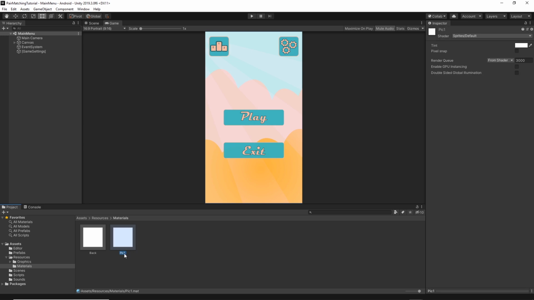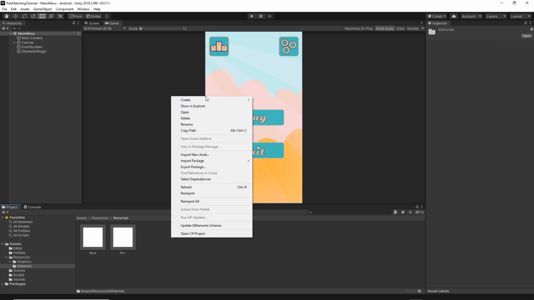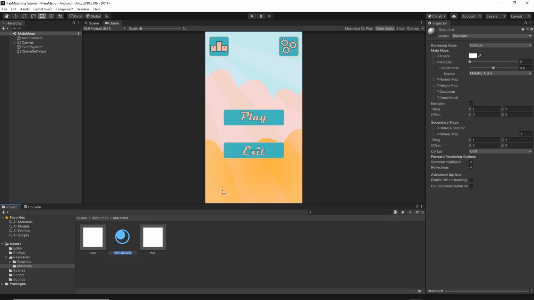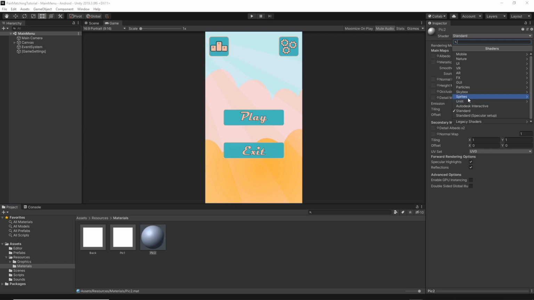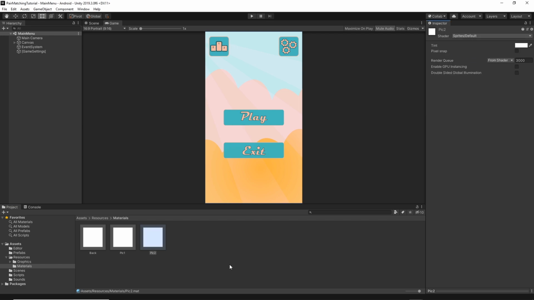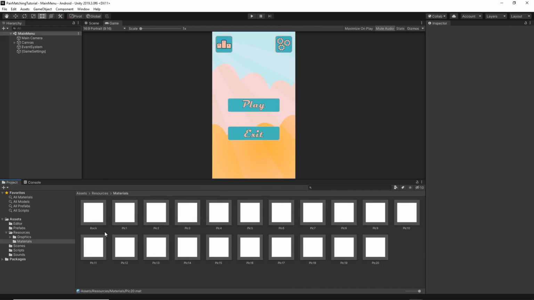And then we want to create the 20 pictures. So right click, create material, and this is going to be the pitch 2, and then the same sprites and then default, and we want to create the 20 pictures like that. So I have my 20 materials created, so make sure you have the materials from picture 1 to picture 20, and all of them are sprite default. You have to set the type for every single one,